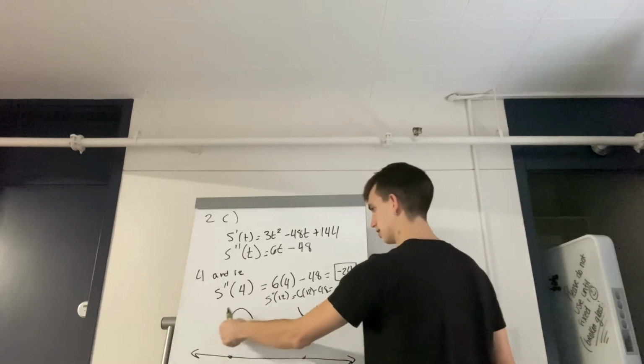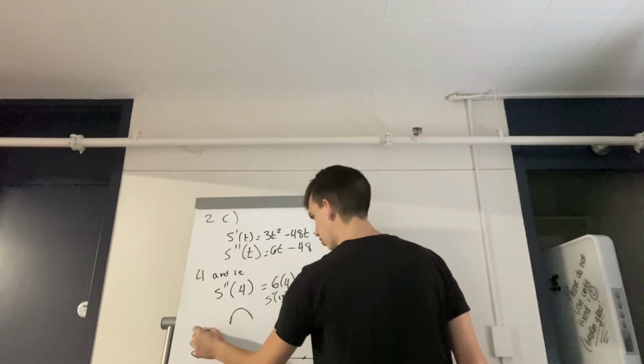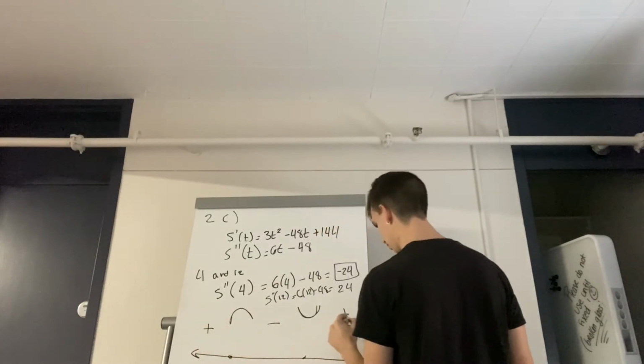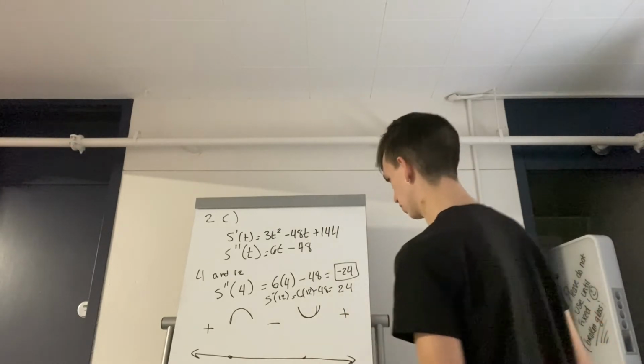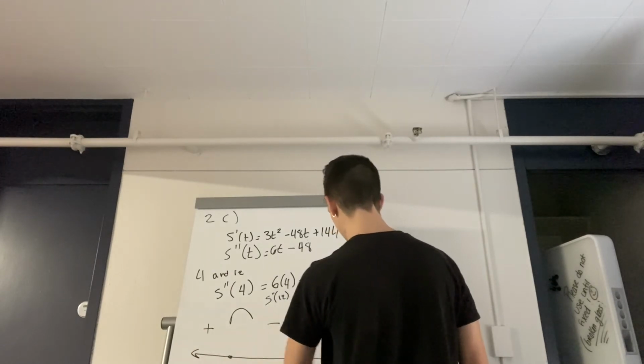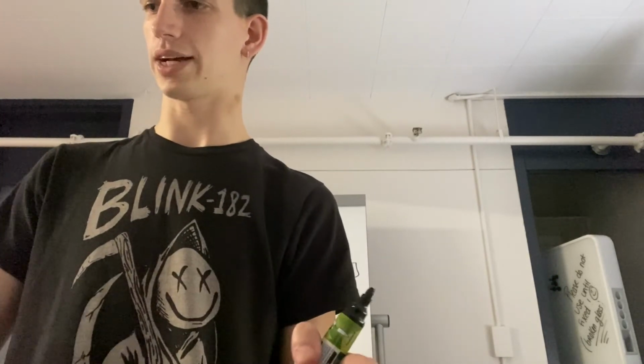If we're looking at it as parabolas, we can understand that. So therefore we know that over here is positive, it's negative here, and positive here. So we're able to find when it's moving forward, and when it's backtracking, and when it's moving forward again. This means that from time 0 to 4 seconds, it is moving forward, and then from 4 seconds to 12 seconds, it is not moving forward, and then after 12 seconds again, it starts to move